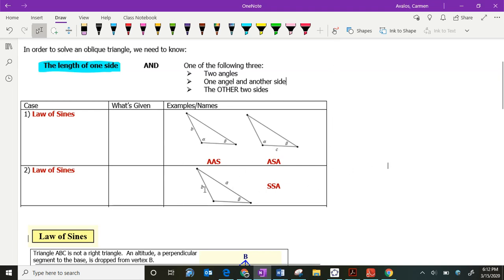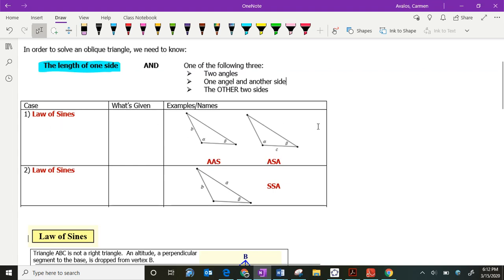If you have a triangle that's given to you with A and B and then beta, then you could use the law of sines. In this case, it's going to be the ambiguous case. It's going to be used to be able to solve it. If I have angle, angle, side, or angle, side, angle, then we're going to use this case to be able